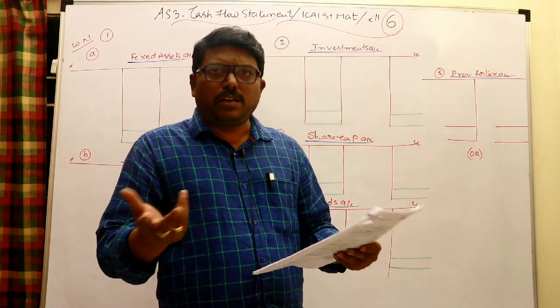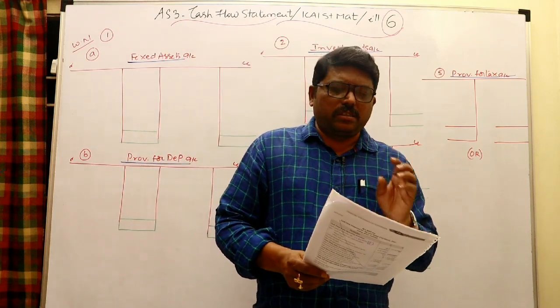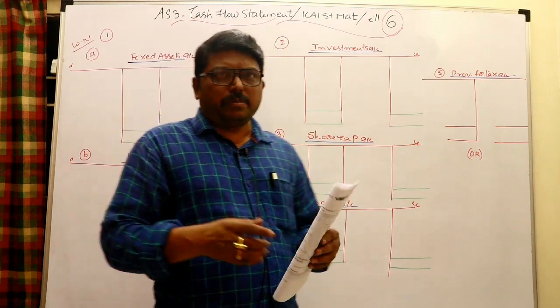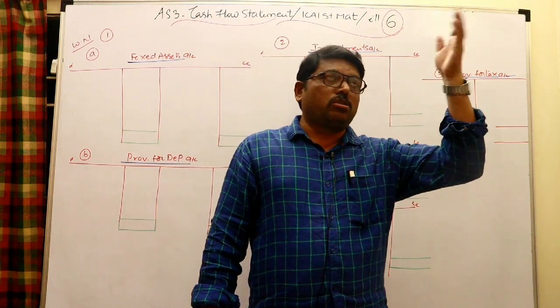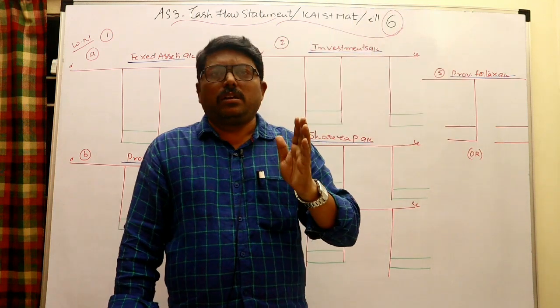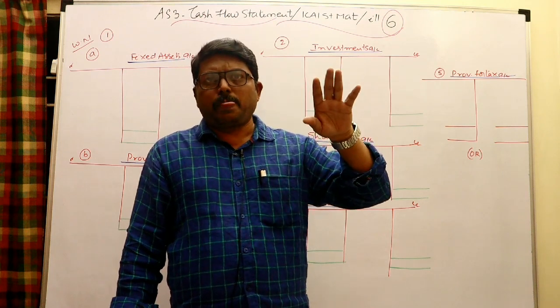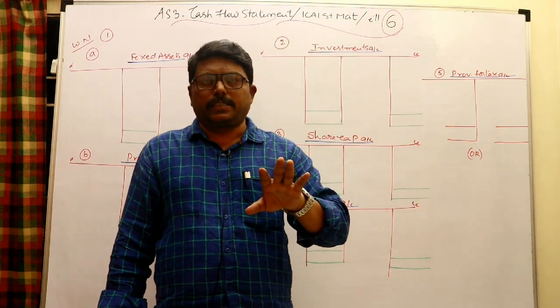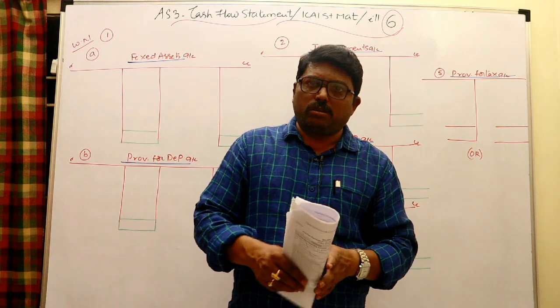Dividend paid 8,000: dividend account debit to cash or bank account. Normally, once you have the opening cash and use the indirect method, you need to work out operating activities. You can start with net profit as per balance sheet, add back non-operating and non-cash items, consider working capital changes, and deduct tax. After that, you may work out investing activities and financing activities.